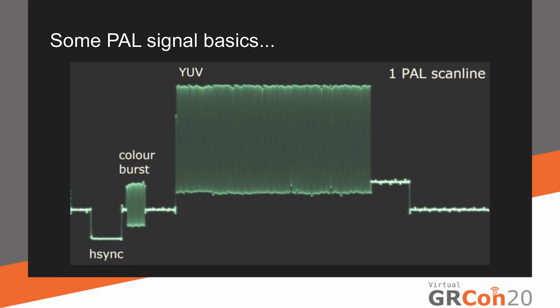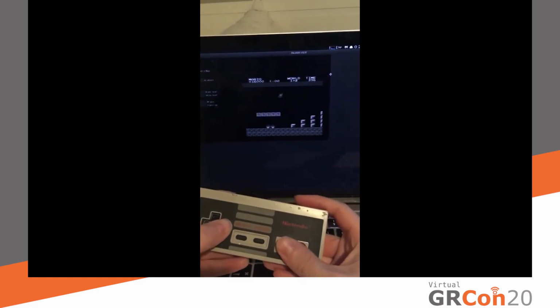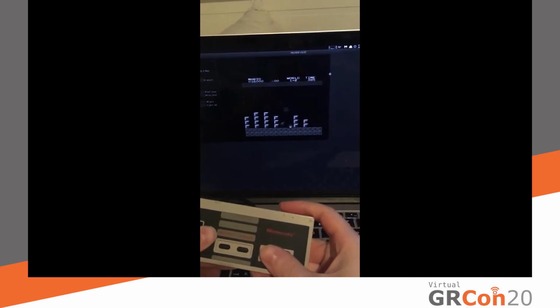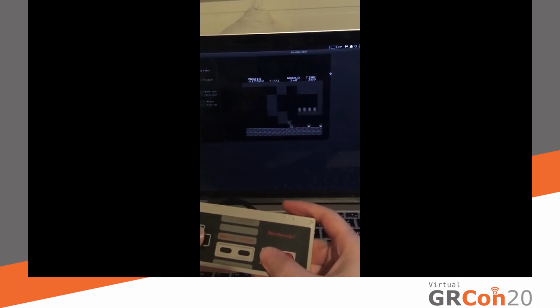Color in PAL is a bit peculiar. It's encoded in a subcarrier, and there are some phase shifts from line to line and all that kind of stuff, but I was willing to try. And I was quite quickly able to adapt this HDMI code to play Super Mario using my MacBook as a display for the NES.